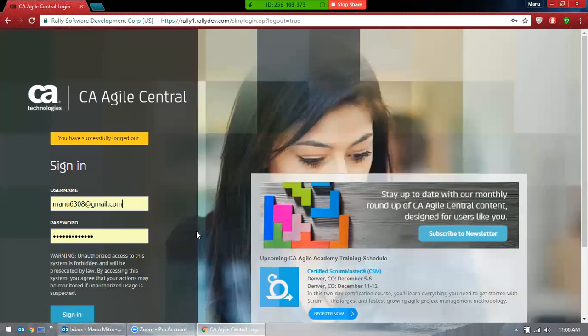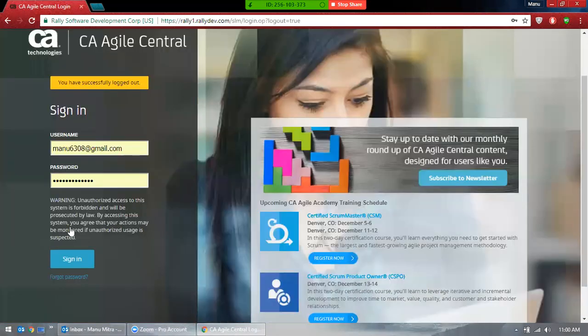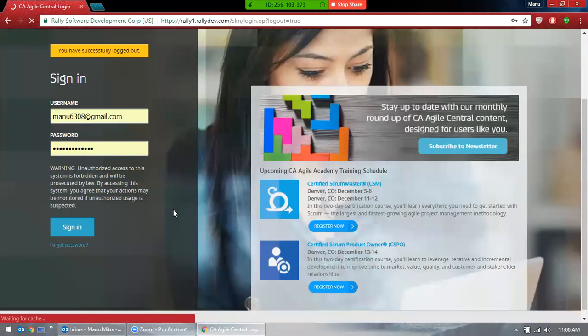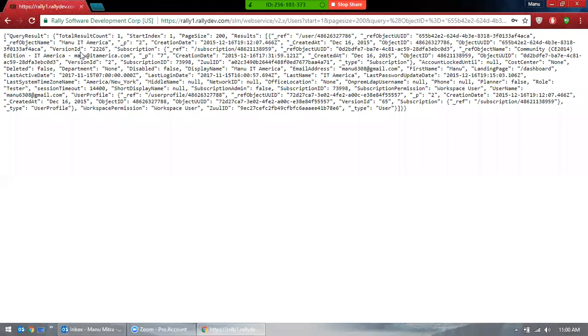I had to send an email saying that you cannot delete someone else's work. It's inappropriate, right? If you are deleting someone else's work, then you are getting trouble for yourself. In real time, if you're doing that, you're getting trouble yourself. So don't do it, because a lot of user stories.